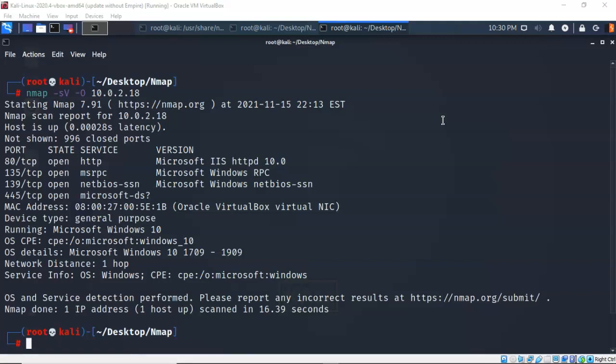They're not going to try to trip you up by giving you a dash capital O and a dash capital A or some other type of switch that can also detect an operating system. They're going to give you the one that you need. So make sure that you look at the results and you see that the OS and service detection was performed